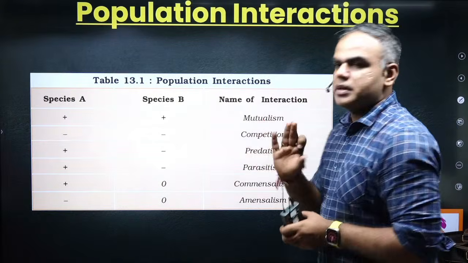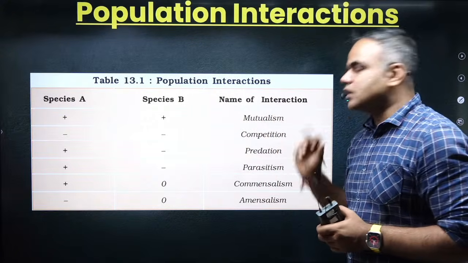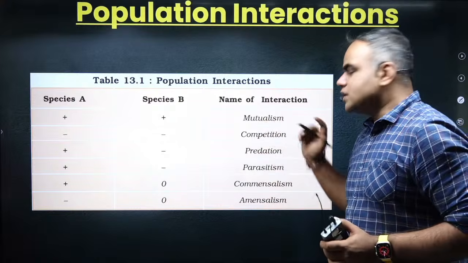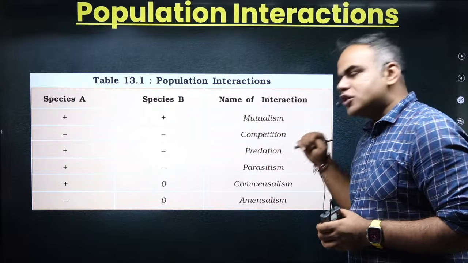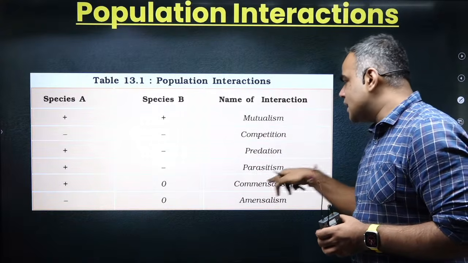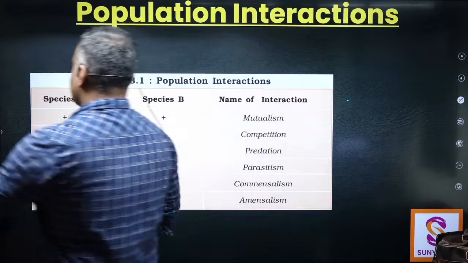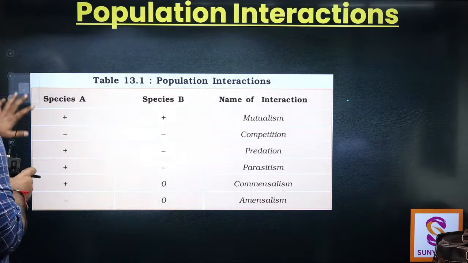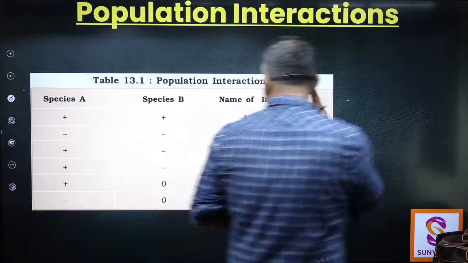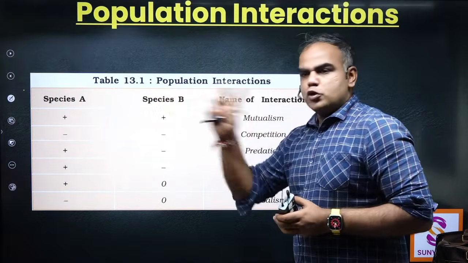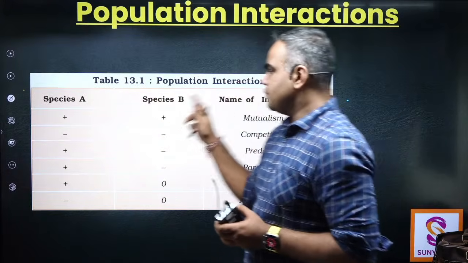this is a table which you will understand very shortly. Okay, let's first see the terms. You have mutualism, you have competition, predation, parasitism, commensalism, amensalism. अभी टर्म्स बड़े मुश्किल लग रहे होंगे, ठीक है? But in the next 30 minutes or so, these terms will become very easy for you to understand. Okay? Now, one by one, I told you there will be two species that we are going to interact with. Fine? Species A, species B.